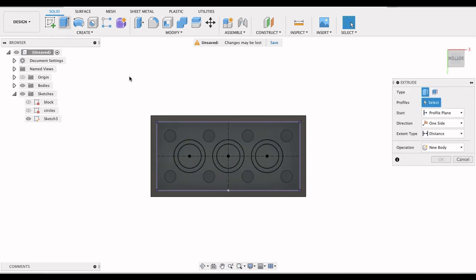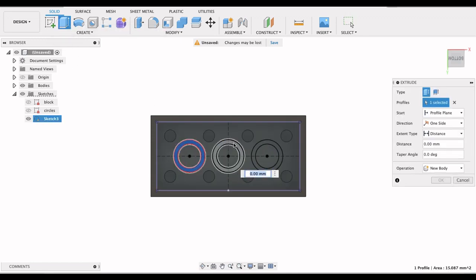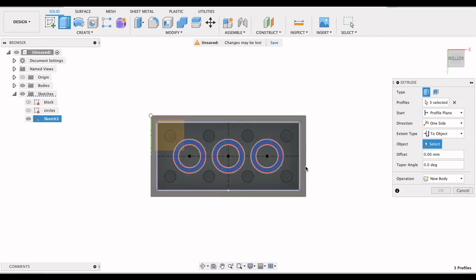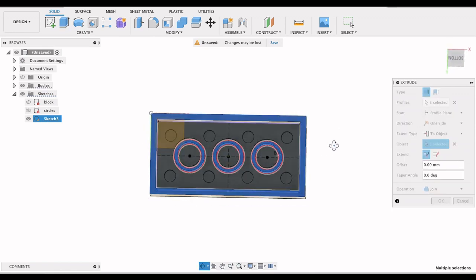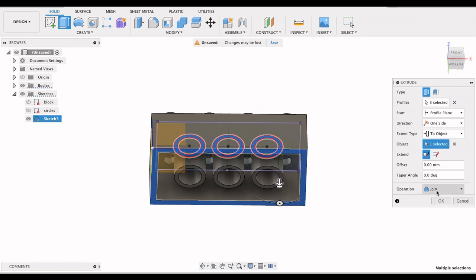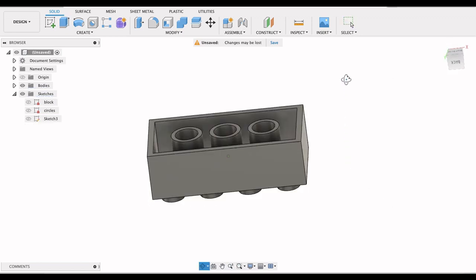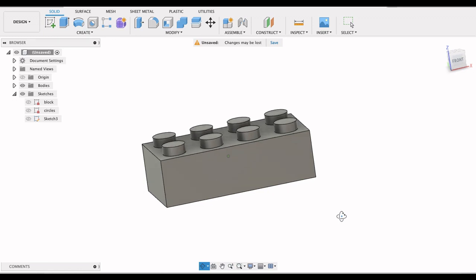Click extrude, and I'm going to select all 3 of them. I can type in the distance, or I can go here to extend type to object and click on that object, and if I look now, it's extruded them to that object and it's join. So there's our Lego brick, and just to give it a bit of